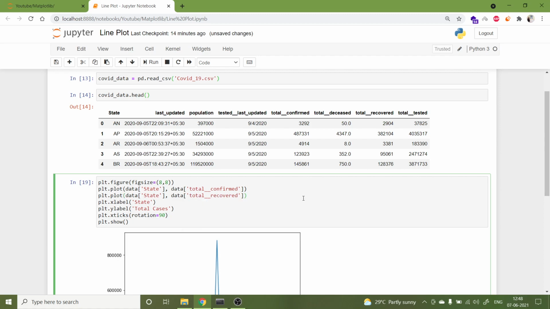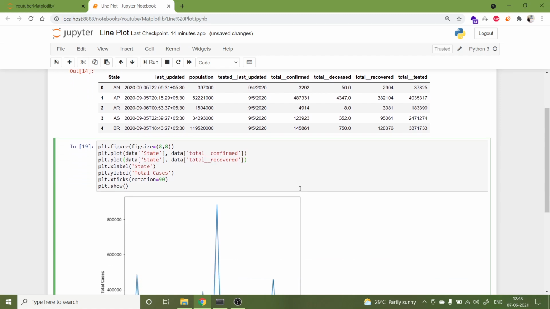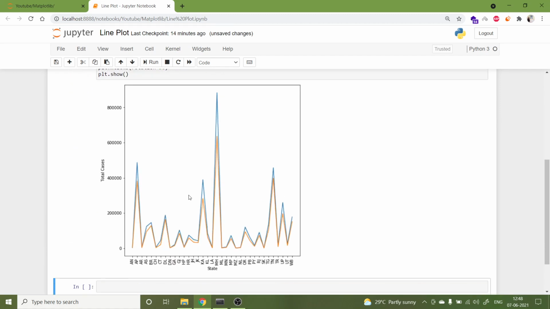The column name is total recovered. So we just add one more line, plt.plot, with whatever you want to plot. With total confirmed cases, we want to plot total recovered cases also. And it has been plotted. Two different color lines you will be able to see, maybe blue and saffron.